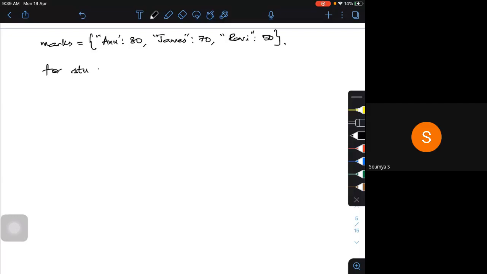For student in marks, I'll call it stu. For stu in marks, I will have one more condition, an if condition: if stu is equal to stu_name, colon, then print the marks of that student.